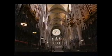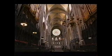But by the time Cromwell had decided to use this as a prison, it had already lost some of its status as a cathedral, hadn't it? In the Civil War, it was treated extremely badly. When the Scots took Durham, they used this as a barracks. When Cromwell came to Durham, he put his horses in, used it as a stable, and then, of course, the